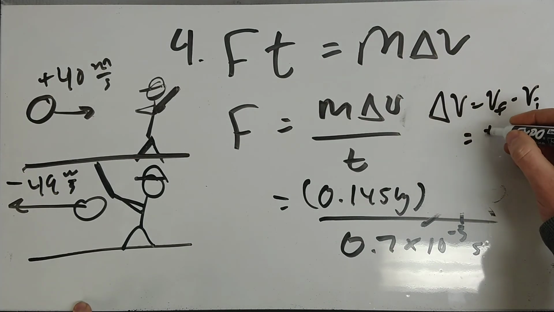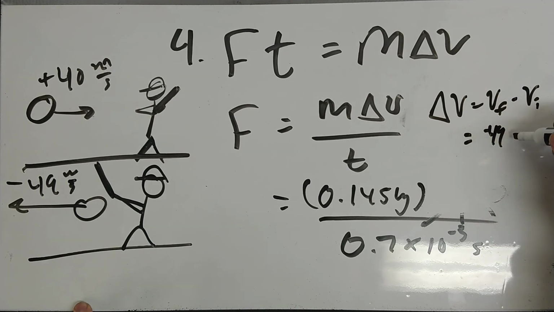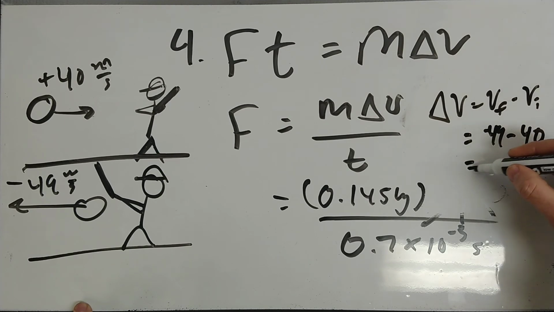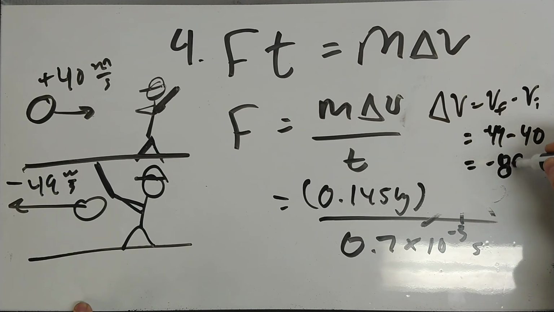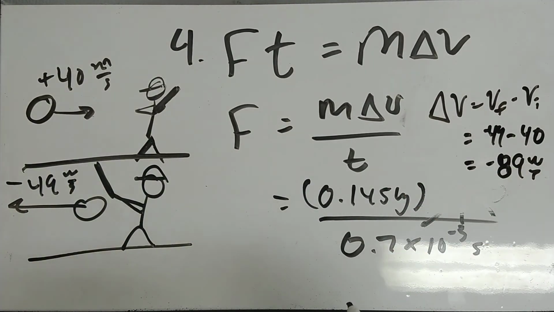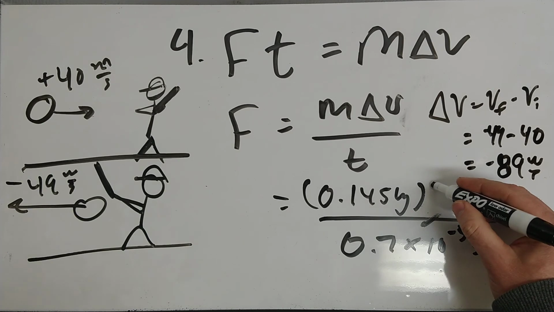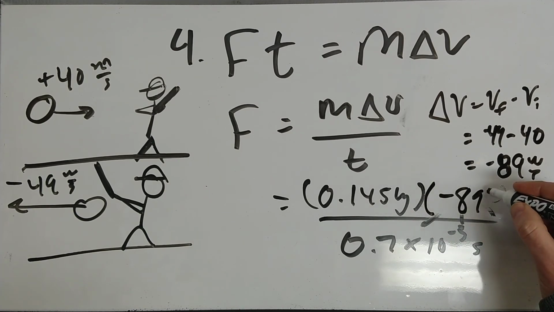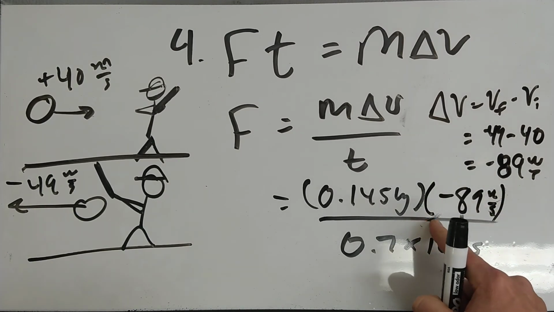V final is negative 49. V initial was 40, so negative 49 minus 40 is negative 89 meters per second. So the velocity of the ball changes by negative 89 meters per second, which is quite a bit bigger than 9, right? So when we put it in here, negative 89 meters per second, the negative sign is important